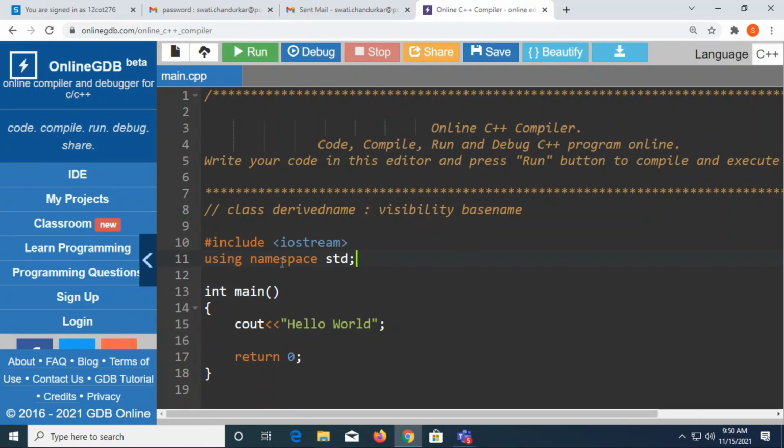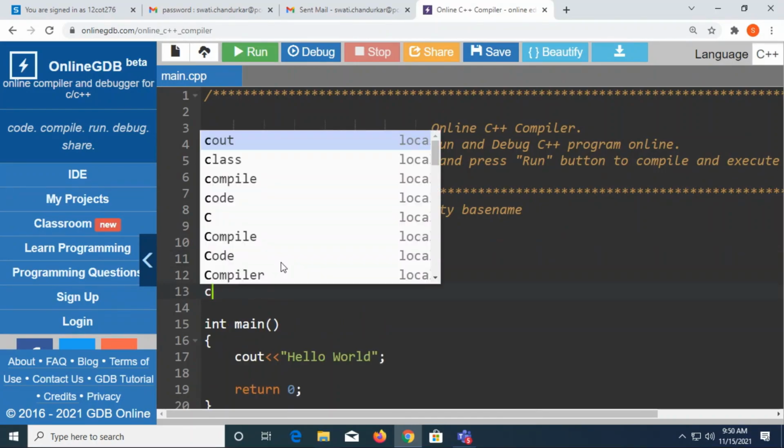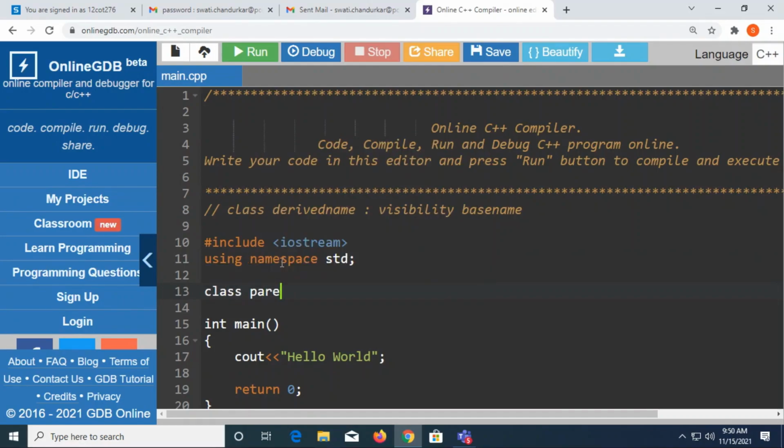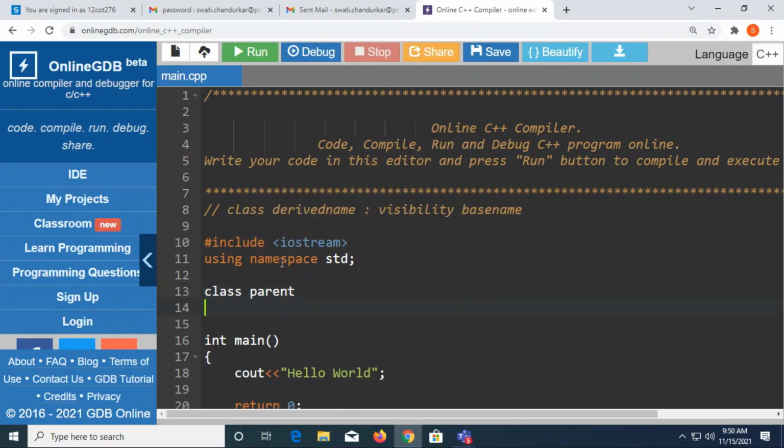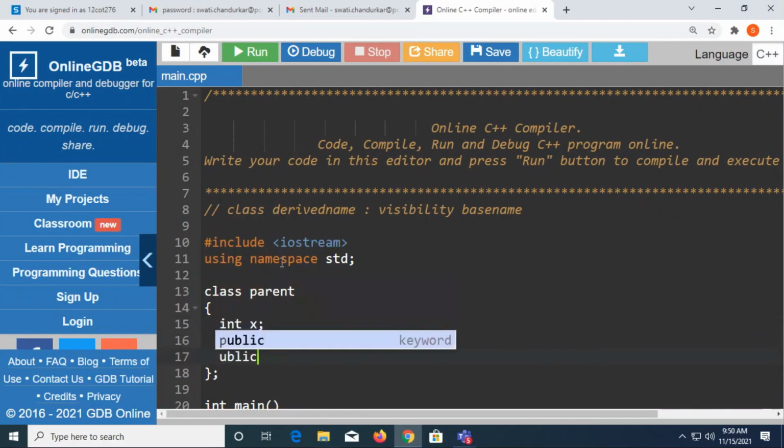I'll just move with single inheritance. I'll write here one class. I will name it parent class. And inside that, I will take one constructor.